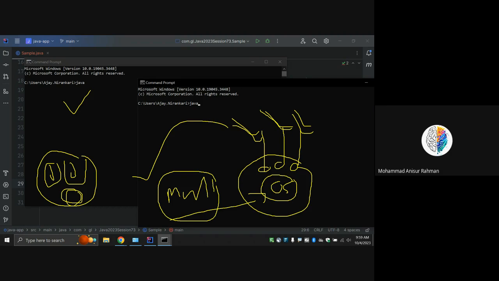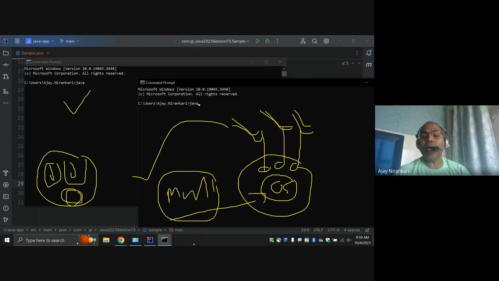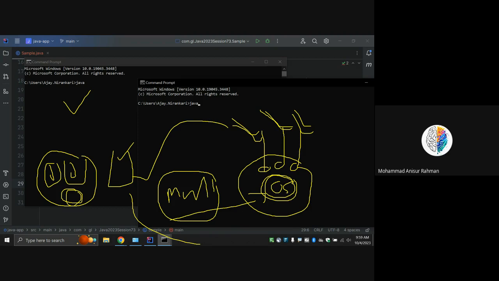At the same time, I might start an audio video. The audio video is also going on, my voice is also going on, my screen sharing is also going on. How is it possible? Due to the operating system's capability and our hardware capability. That's the feature of the operating system.